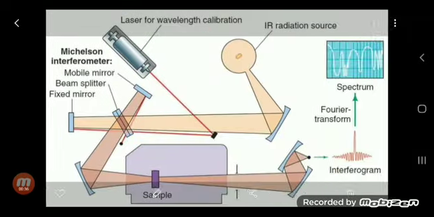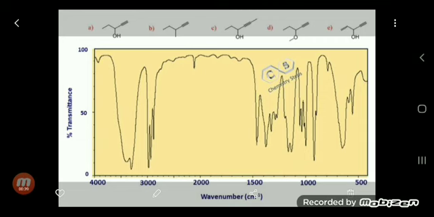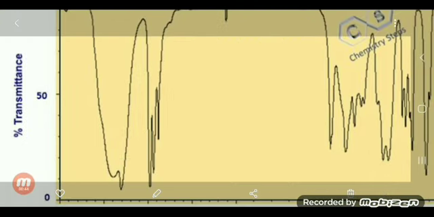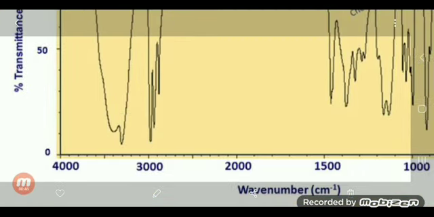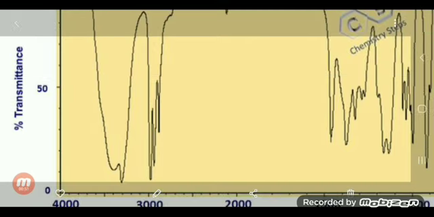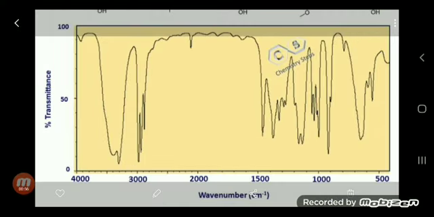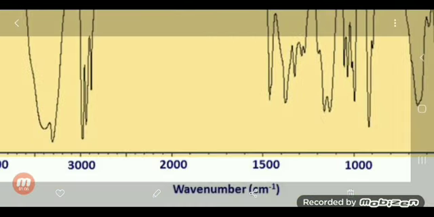By seeing this spectrum, this is the spectrum we get from the instrument. The main theory of FTIR is that the instrument uses the relation between wave number on the x-axis and transmittance or absorbance on the y-axis. The transmittance can be replaced by the absorbance. Actually, they are opposite to each other, and wave number is the reciprocal of the wavelength. The unit of wave number is centimeter to the power minus 1,